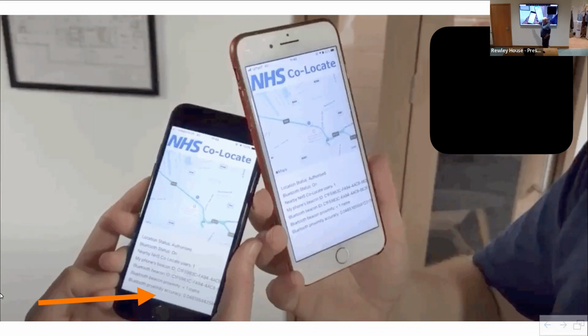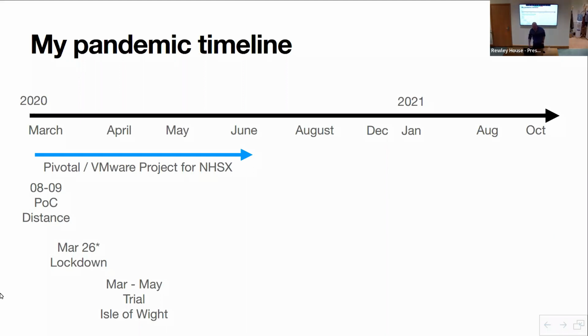And then this, which was a video, you would have seen it move. So down here, you would have seen that move from 1 meter to 1 to 3 meters to 3+ meters. And really what we were interested in is anything less than 8 meters. So that we built in a couple of days, and then they said, yep, come and work for us. So then we started off that project.